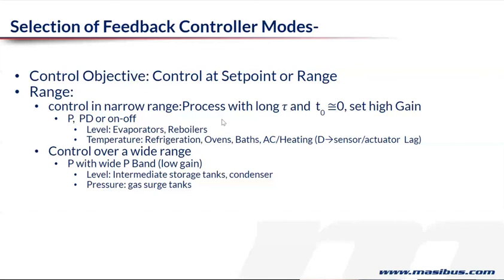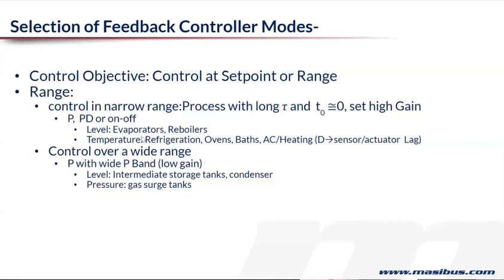Sometimes these types of processes have some dead time, not in the process, but either in the control valve or in the sensor, and for that you may have to bring in some amount of derivative setting to compensate. Or if the process is fast, you could actually use it like an on-off. So what are those types of processes? We will see a PID diagram of that also.